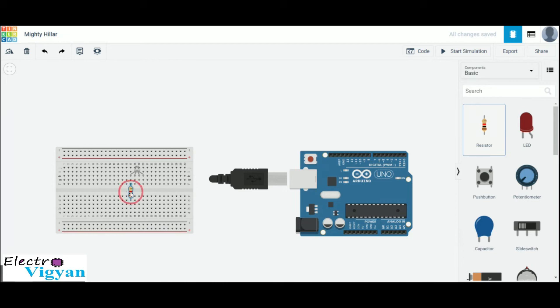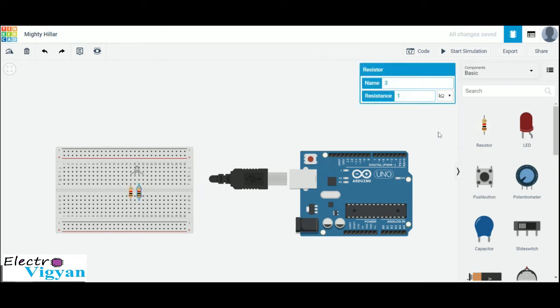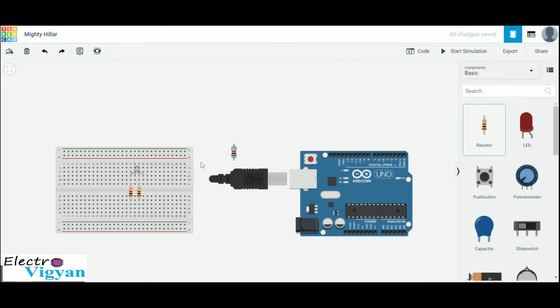Now connect resistor to pin red, pin green and pin blue. Connect common cathode terminal to the ground pin of Arduino.